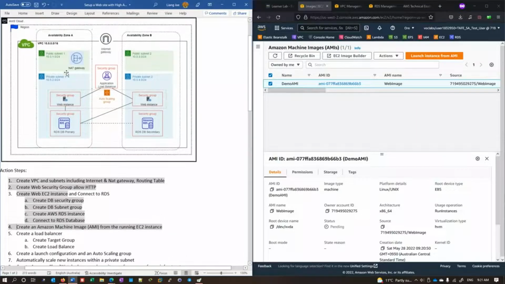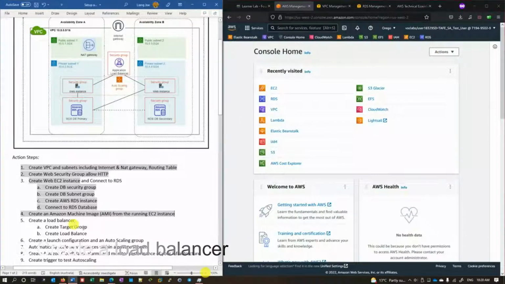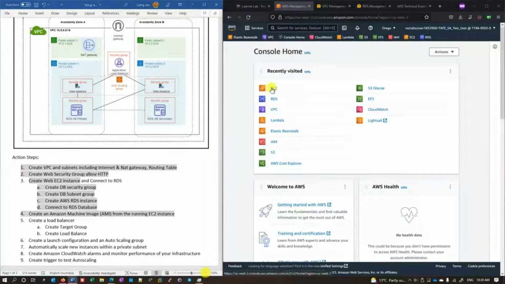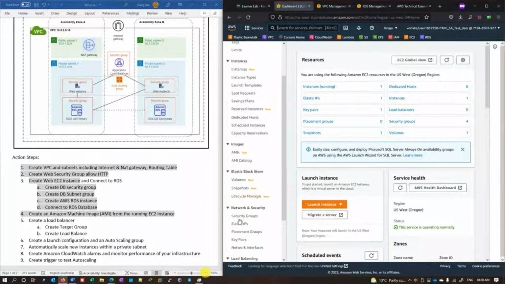So we come to this part, we have done the public, we have connected to the database. Now we're going to create a load balancer so it can hold the two groups and connect to the database. Next stage is creating a load balancer. So we're going to do just creating the target group first, and then put the target group into my load balancer. Okay. So for the target group, let's go to the EC2 page,